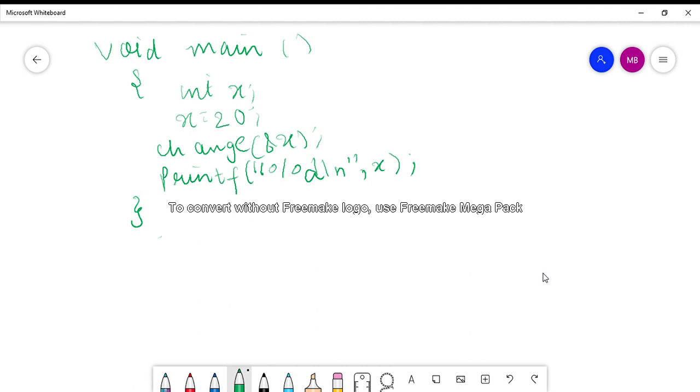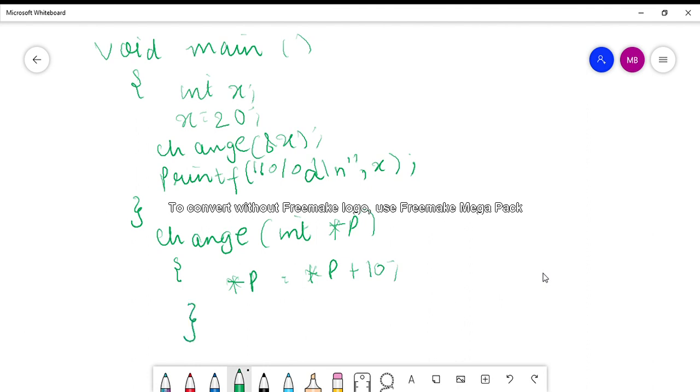So here is the main function, and the change function with pointer p. Even though this function is not returning a value, the changes will be reflected when you run this program.